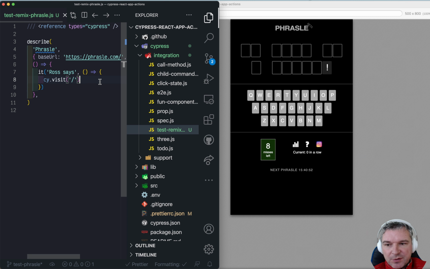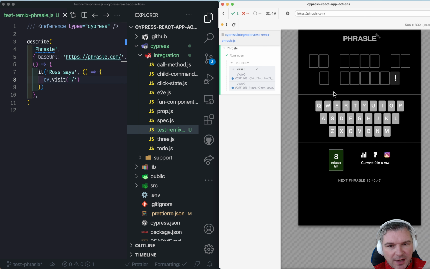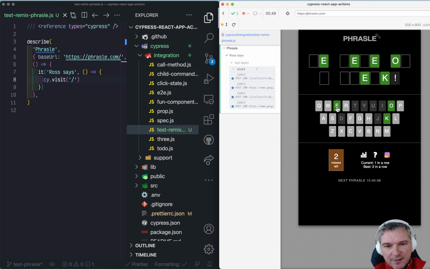So let me move it to the side and move this to the side. So what I can do here is I probably have to guess a phrase. So let's start clicking on the letters randomly. This is complicated, right? I cannot guess anything. Well, a lot of E's and A's.